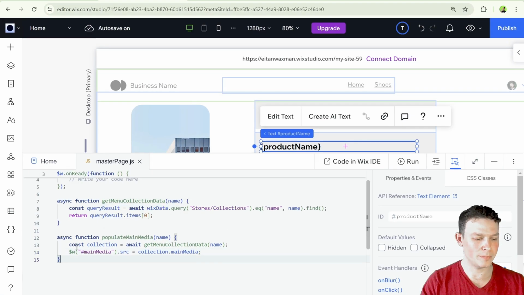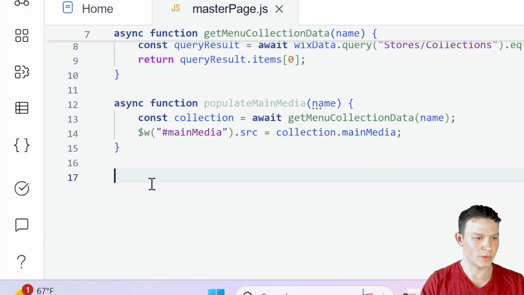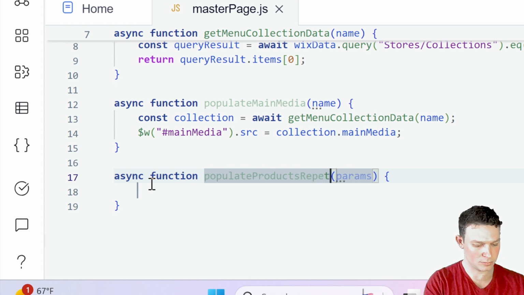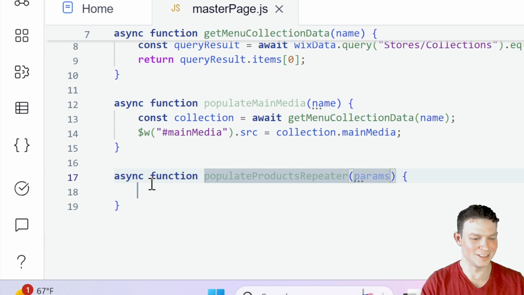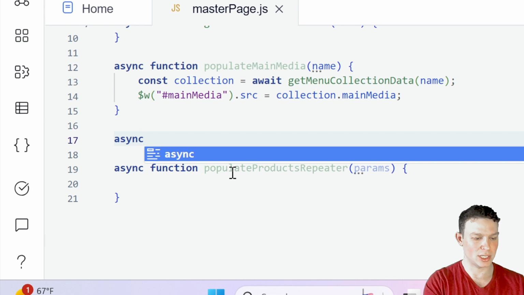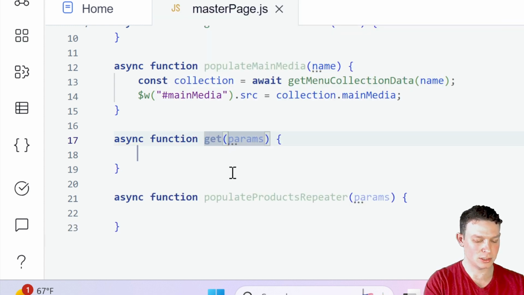And now we can go over here and I'm going to create a new function, async function, populate products repeater, just like that. And in order to do that, we're going to need to get the products that belong to this specific collection. So let's go ahead and create another function before we actually populate the products repeater. And I'll call this function async function, and I'll call this get collection